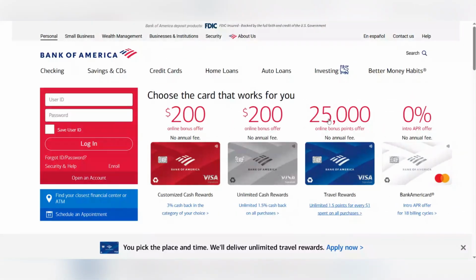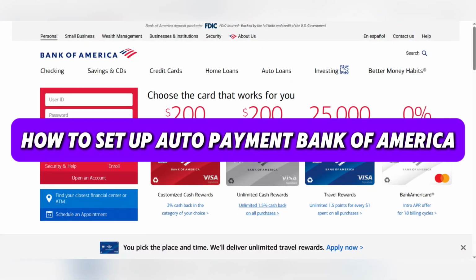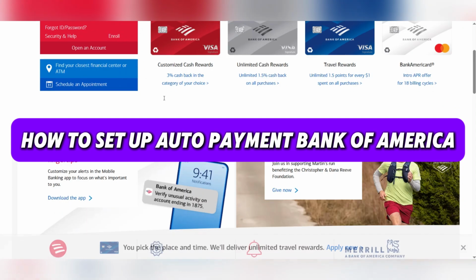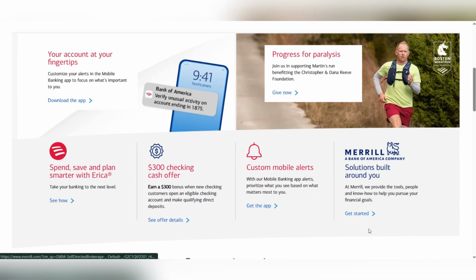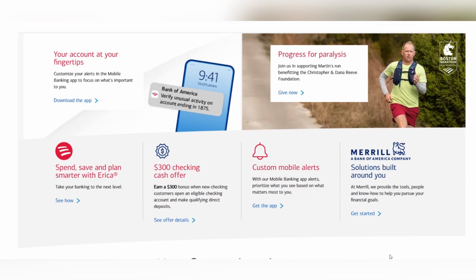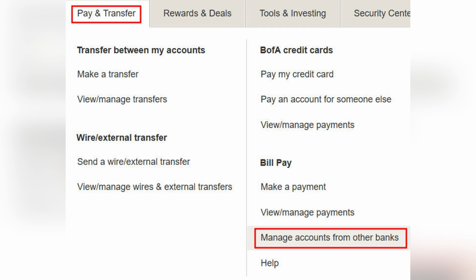Hello everyone, today we're gonna see how to set up auto payment on Bank of America. Setting up auto pay for Bank of America credit card ensures your bill is paid on time automatically. You can pay your Bank of America credit card from either a Bank of America checking account or a checking